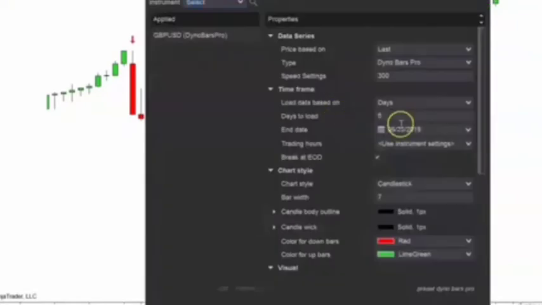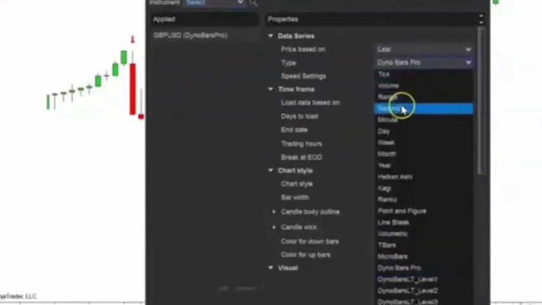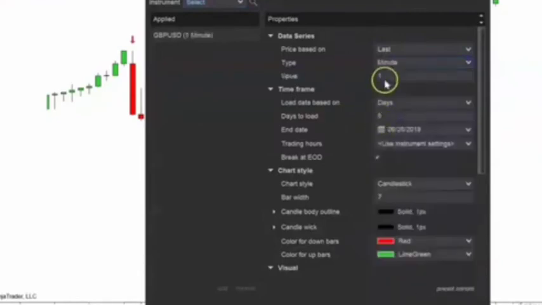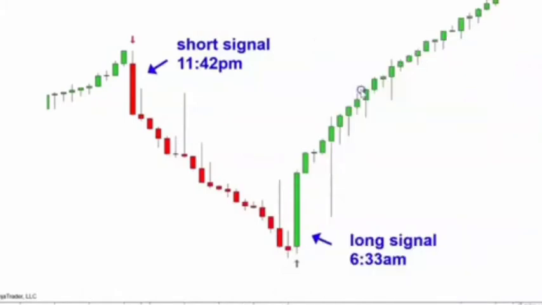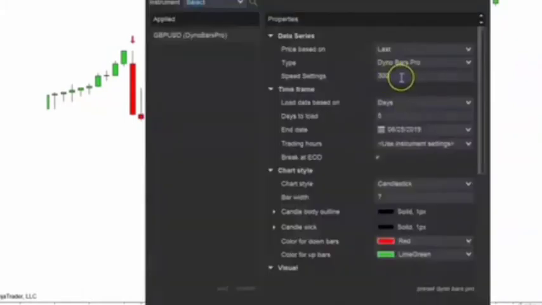It's got a name. The name of this chart style is called a Dino Bars chart, and what you have to do is optimize your speed settings, right? Just like if you picked a 5-minute chart, okay, you'd have to select the number of minutes you want to look at. You got to do the same thing with the Dino Bars chart. You could pick a speed setting of 1, you could pick a speed setting of 2000, or you could pick a speed setting of anything in between those two, right? So I have a speed setting here of 300, which is what I think works very good on this particular